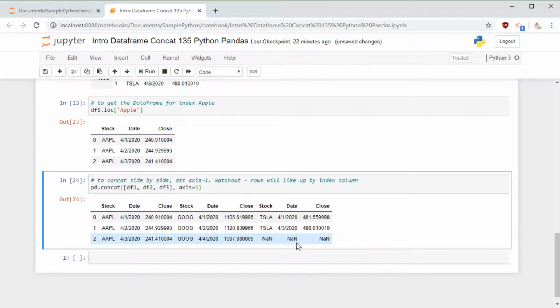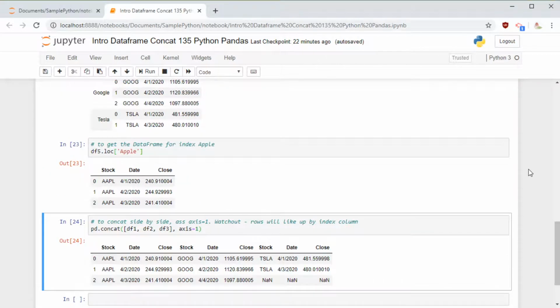So what is the alternative? I was thinking for a while, what else can I do to fix this problem so that we can line up? What Python is doing is it's seeing the index value for each of these data frames.